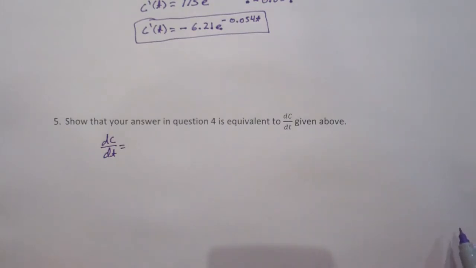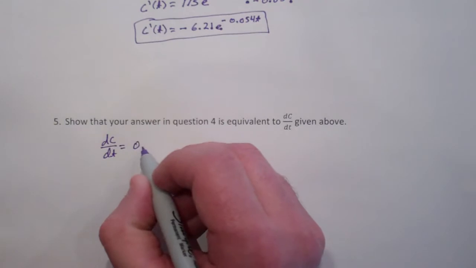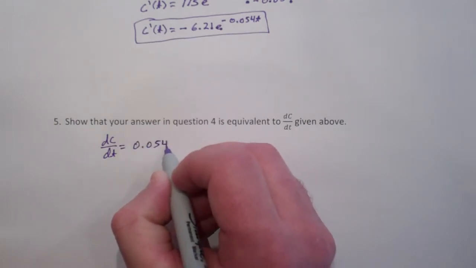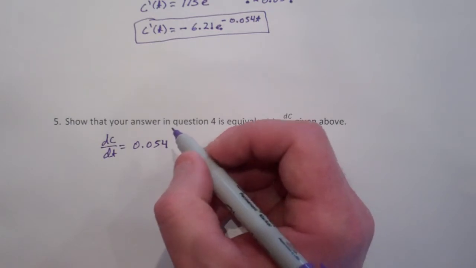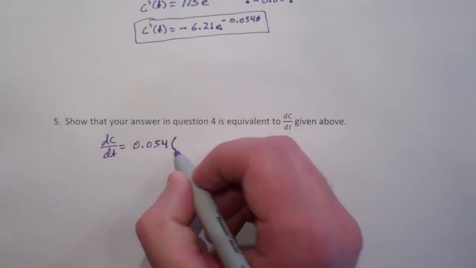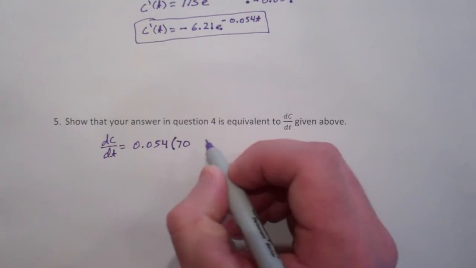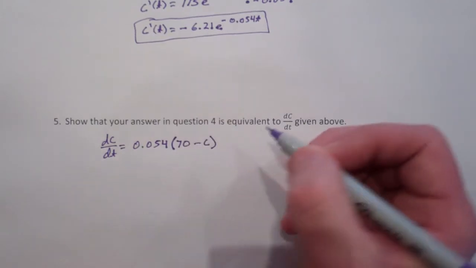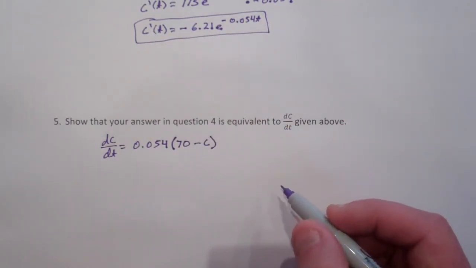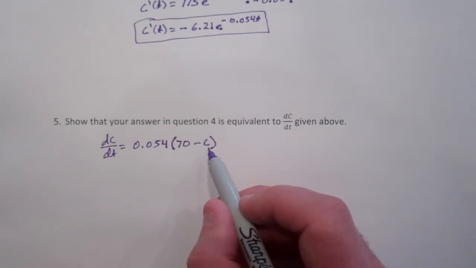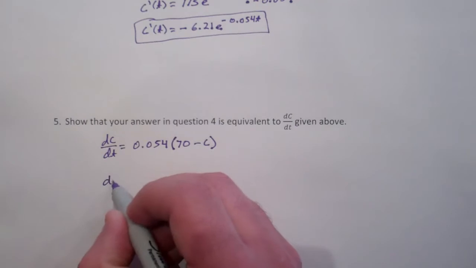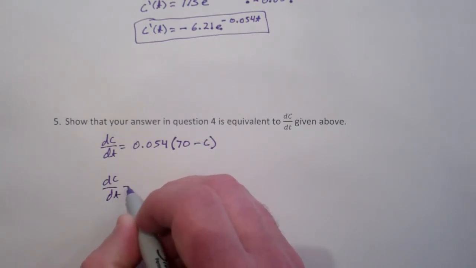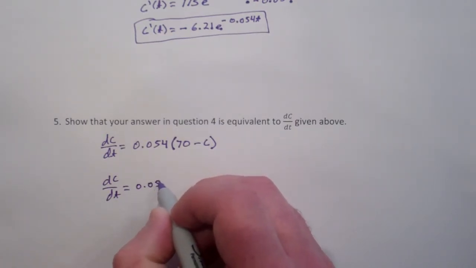So what I'm going to do is write down dc dt, and this is from a prior example here, and that was given to us as 0.054 times 70 minus c. In this case, what we want to do is take out the c and substitute what c is equal to. So dc dt then becomes 0.054 times